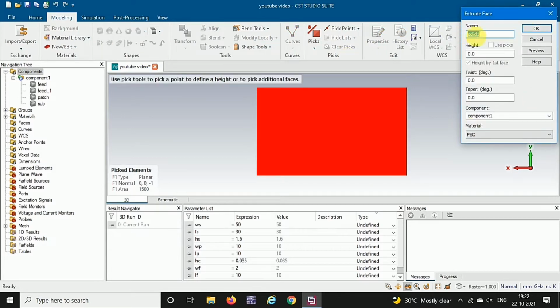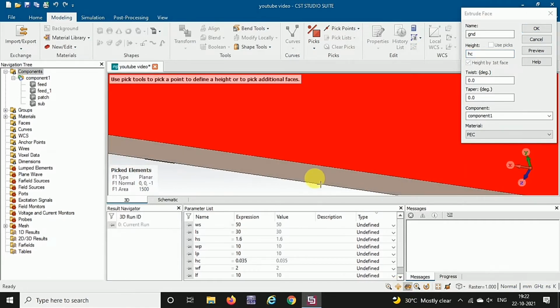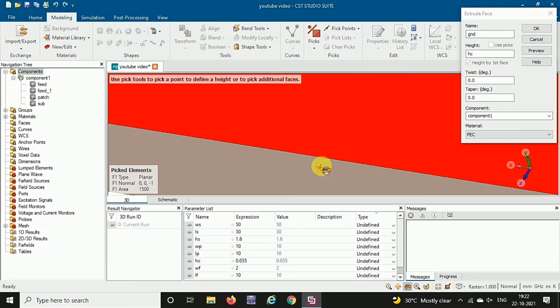Then a window will open and it will ask for the name of that extension. And here I am going to give the name as ground, and I want to extend the ground by HC. See here, before that there is no layer.